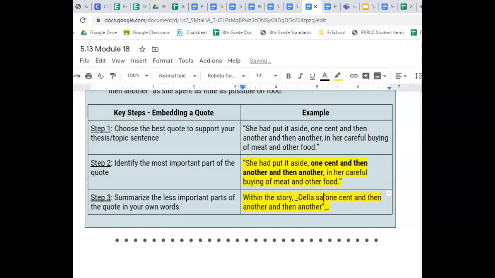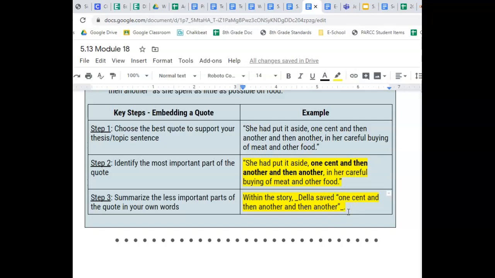Della saved. And something important here is you don't actually need a comma like you traditionally would if you said "in the text it states," because it reads as one continuous sentence here. So all you have to do is put the quotation marks. You actually don't need a comma before it. So within the story, Della saved "1 cent and then another,"